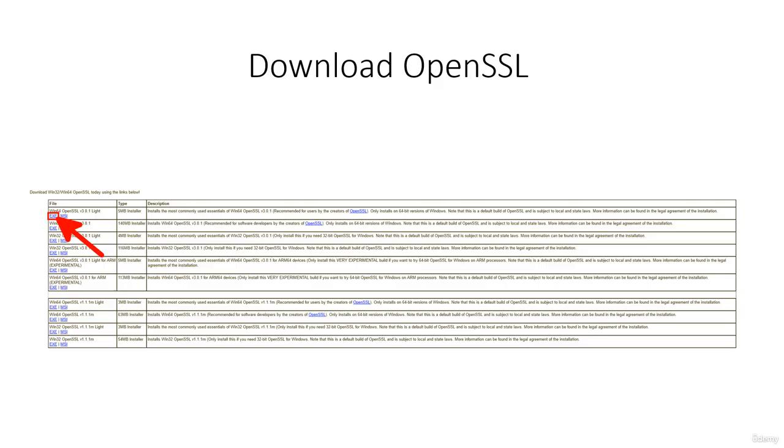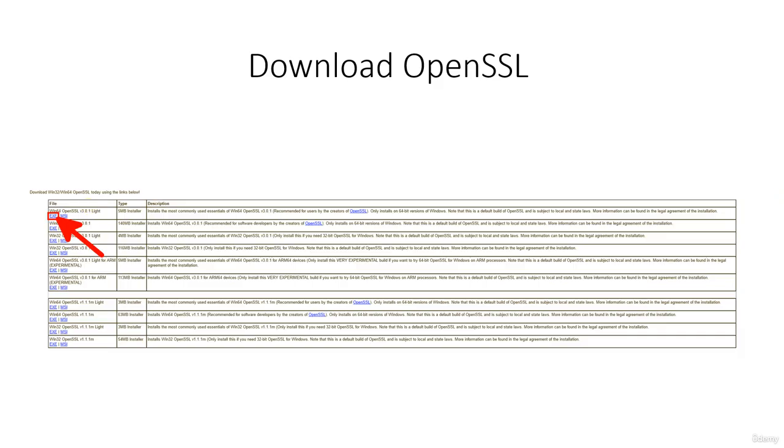So just go and download the OpenSSL light version. As you can see here, we are using the light version exe, OpenSSL 3.0 Lite. I am using the light version to test this out. You can use another version, but I will ask you to follow this same procedure. That's why I chose the light version,